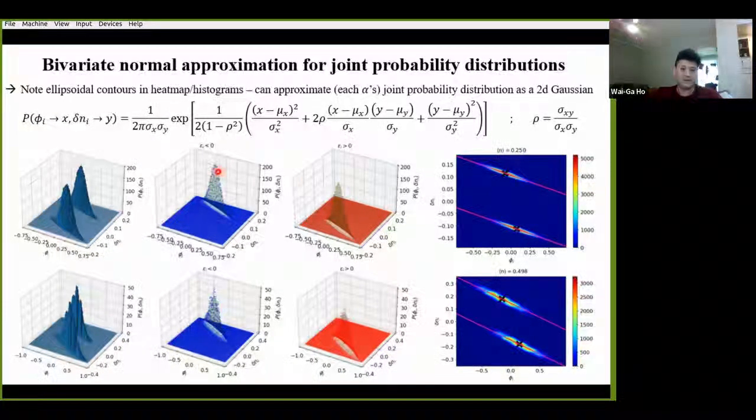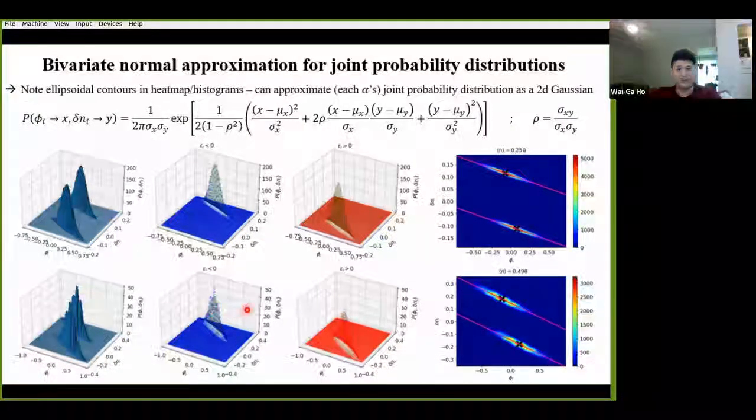Right. So from this, we can see that things work out pretty well for the quarter filled case. However, at half filling, our bivariate normal distribution isn't really built to get all those little horns and features that we saw earlier. However, it captures the Gaussian envelopes pretty well, and everything looks to be on the right order of magnitude. So we can take that as a win.